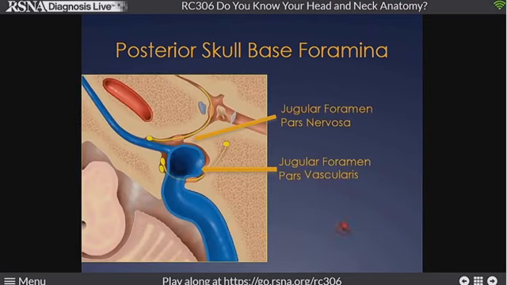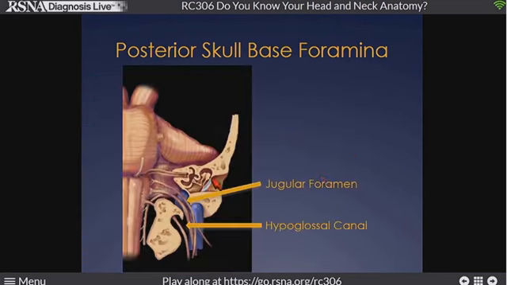The jugular foramen has some relatively complicated anatomy, but we can break it down very simply by giving it two compartments, which are fairly consistent in our imaging depiction. We can see an anterior medial smaller compartment, the pars nervosa, and a larger posterior and lateral compartment, the pars vascularis. The jugular vein is the dominant component of the pars vascularis posteriorly.